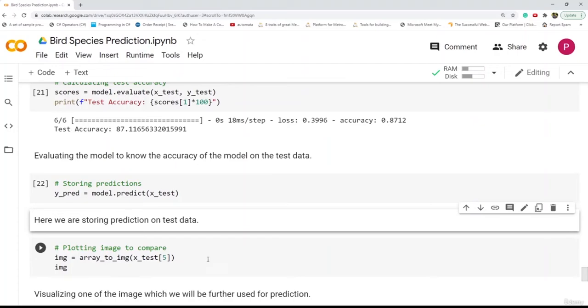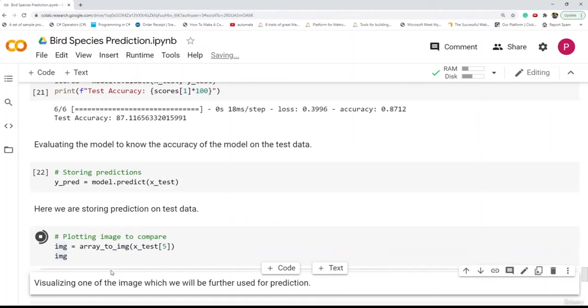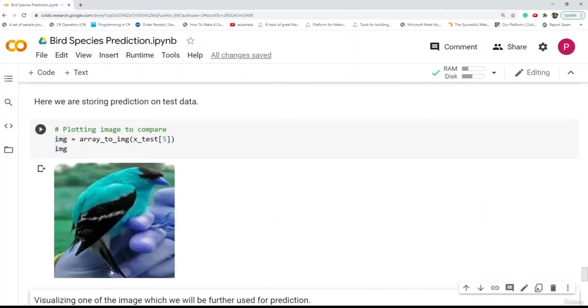This is a random image taken from x-test, the 6th image, and we will try to visualize it. Here you can see this is the image that we are going to predict.